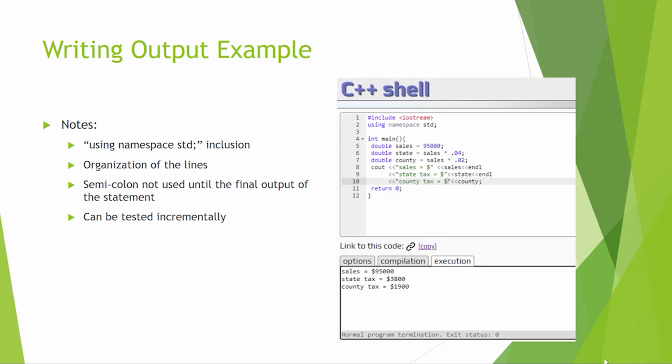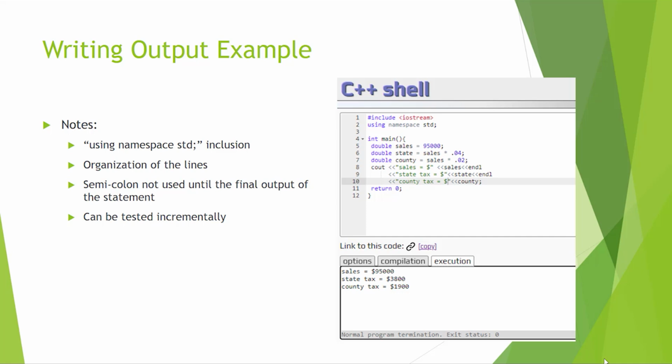First, the use of white space. Using spaces and tabs, I attempted to make it as readable as possible, even though C++ doesn't really care about white space beyond the presence of the first space. What I mean by that is once it sees a space in its commands, if it's not inside of quotes, it just treats that as one space no matter how many you put in there. So you can put lots of spaces between objects, you can put tabs or blank lines in between, it doesn't care, it just reads it as one space. So we can use that to make things line up nicely and appear however makes it easiest for us to